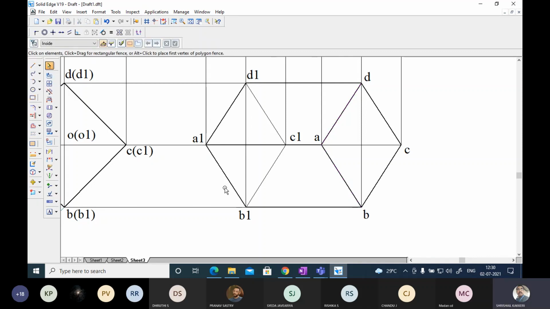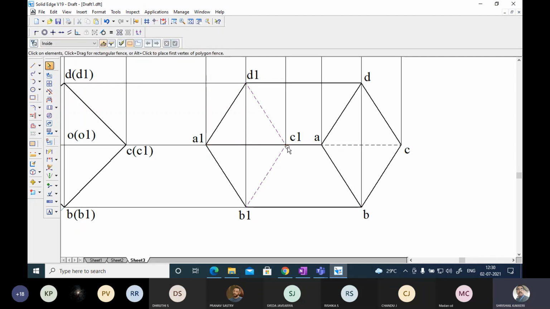Visible. Okay, very good. Next, the portion from here to here, that means C to C, will be dotted. But here it is coinciding behind this. I don't want to take it. This portion only I am going to make it dotted. So you take the dotted or hidden line, hidden, and these two lines should be hidden lines again.